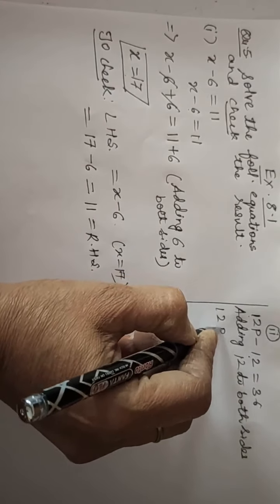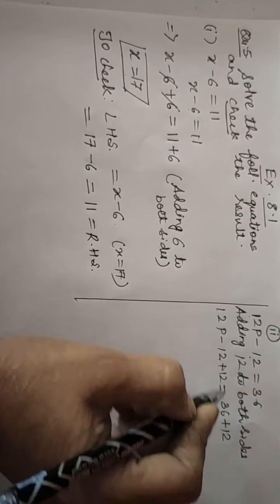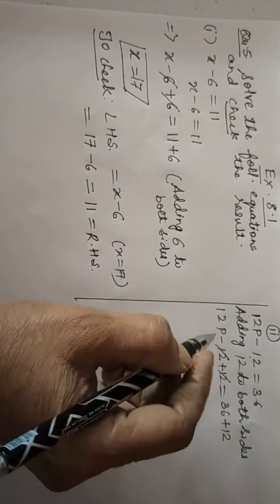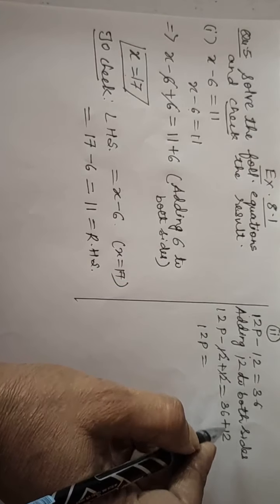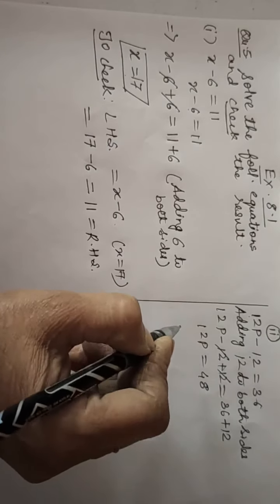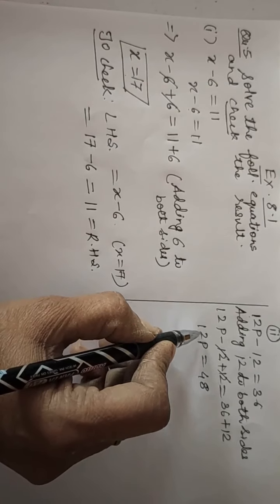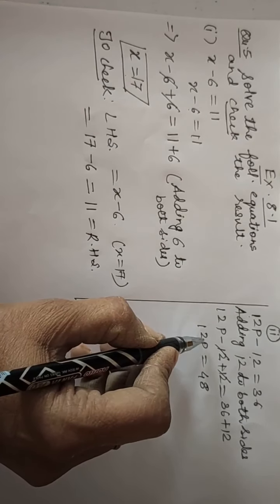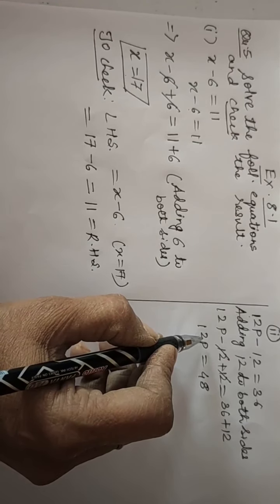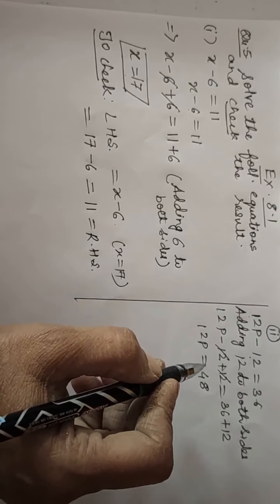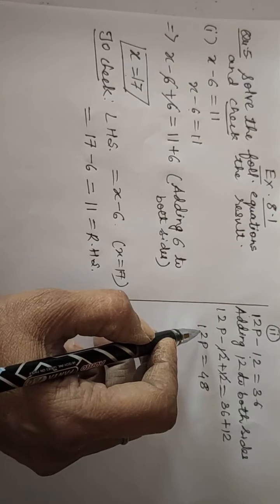Okay, so this is your left hand side. Add 12. Right hand side, write as it is, add 12. Now you can see minus 12 plus 12 is eliminated, and this is 12p, and 36 plus 12 is what? 48. Okay, now again children, you can see 12p we have. Between this 12 and p, what is the sign here? Multiplication. Now you want to remove 12 with p. So what is the opposite of multiplication? Division.